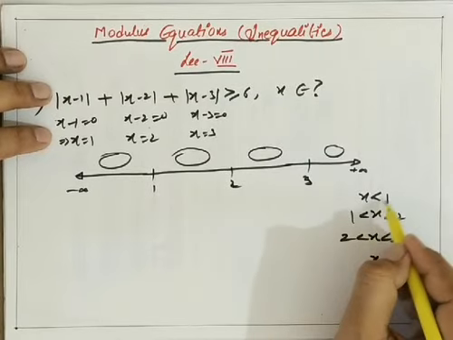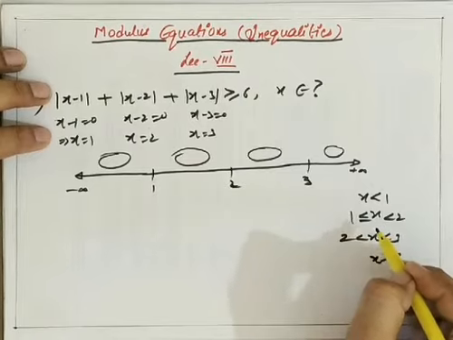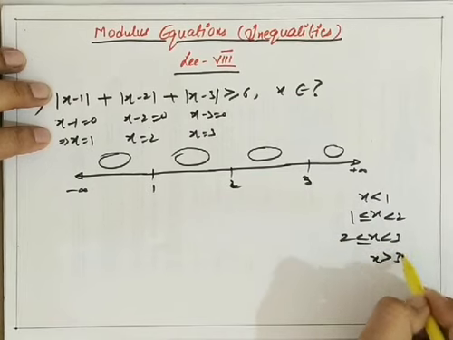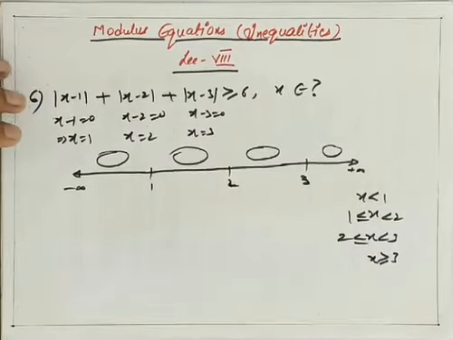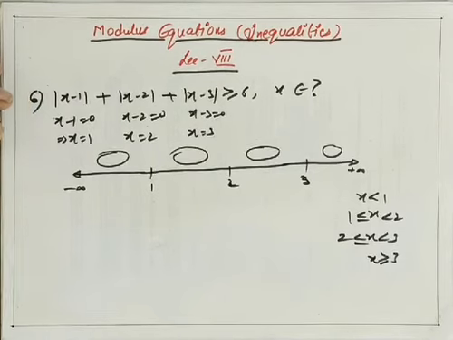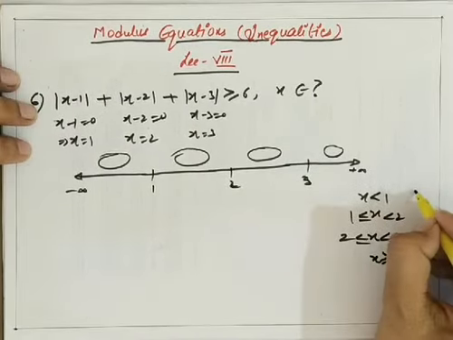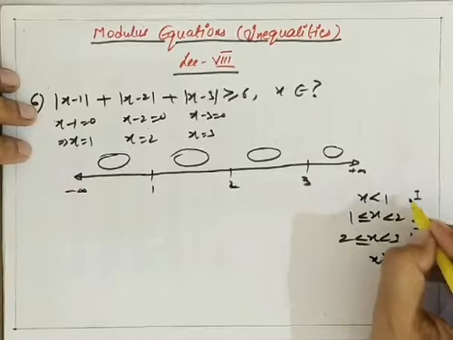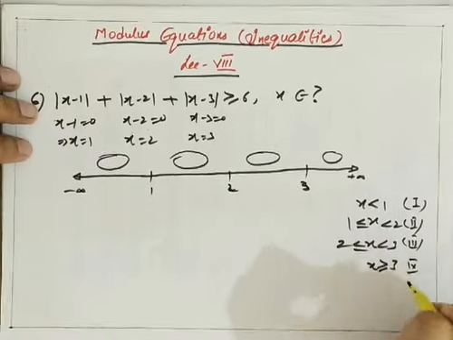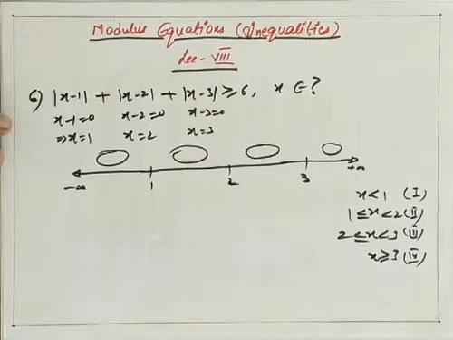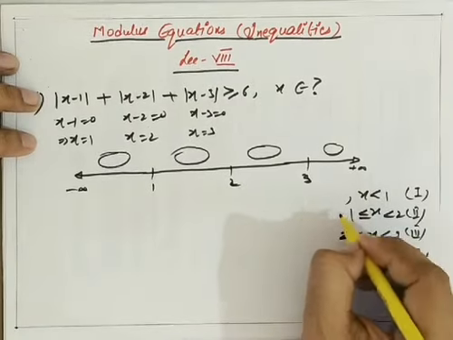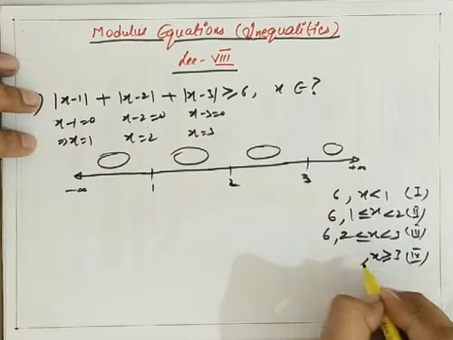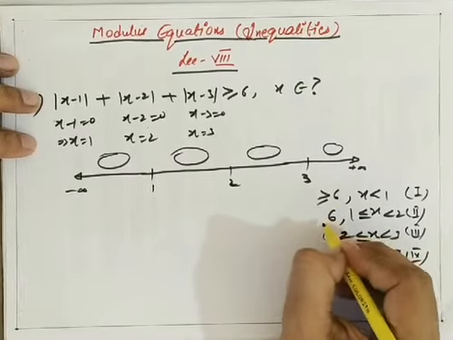Now 1 is at 2 places, so at one place I will consider the equal to sign also. 2 is also at 2 places, so at one place I will consider the equal to sign, and 3 is also at 2 places, so I will consider the equal to sign here. So these are the 4 intervals in which our answer x can lie. This is the first, this is second, this is third, and this is fourth. As I told you, towards the right side of the inequality there is only 6, so there will be no sign change. No change will happen towards the right hand side, and this sign will also remain as it is.